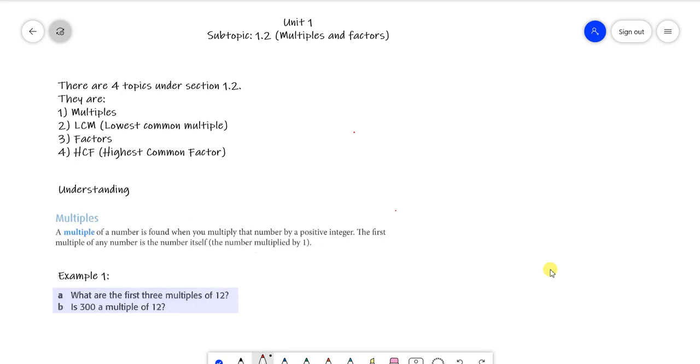Today we are gonna discuss topic 1.2, which is multiples and factors, and under topic 1.2 we have four other topics, which are multiples, LCM (lowest common multiple), and factors and HCF. Okay, so I'm gonna discuss all of these topics but in four different videos so it's easy for you to